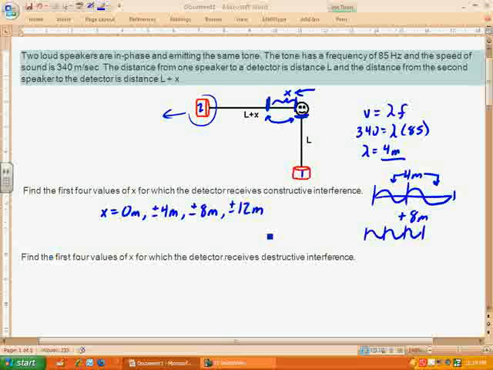There's the first 4, and hopefully that makes sense that you can use that idea to say, okay, I'm moving my speaker to make sure that this delta x is a specific distance, a difference between the L plus x and the L. Okay, the next question is find the first 4 values of x for which the detector receives destructive interference. Okay, so if we're looking at destructive interference now, we want to make sure that in that extra space we're getting a half of a wave, because I want to make sure that in that distance this wave